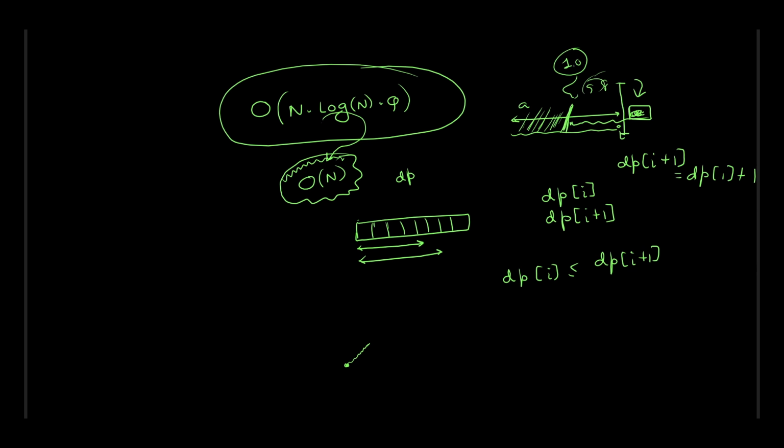You cannot have more than 10, because if you had more than 10, it means that even if A was not there, you could have made more partitions over there. So this is the monotone property of dp of i plus 1. With this you can see that you start with dp of i equal to 1, and every time it can only increase by 1,